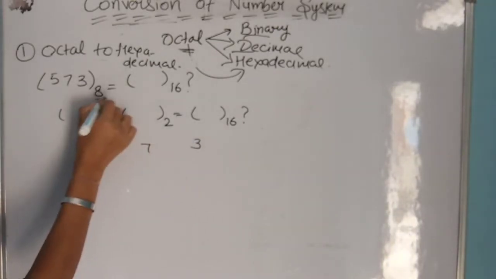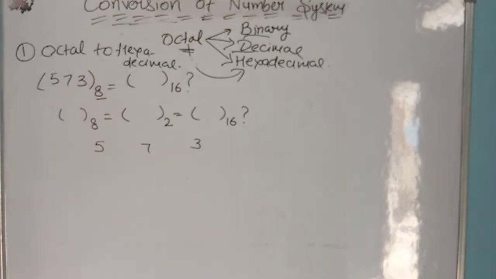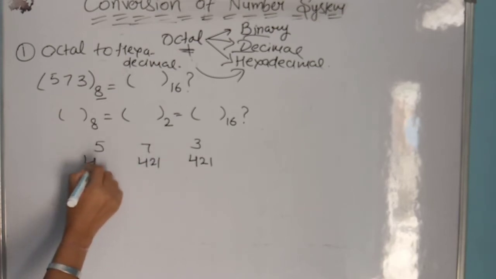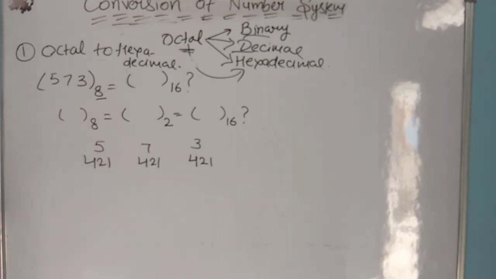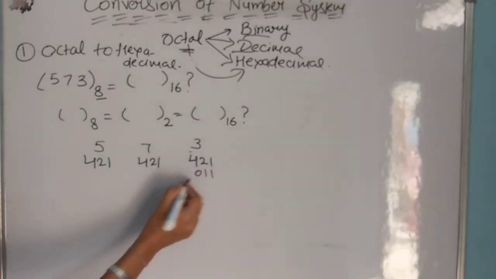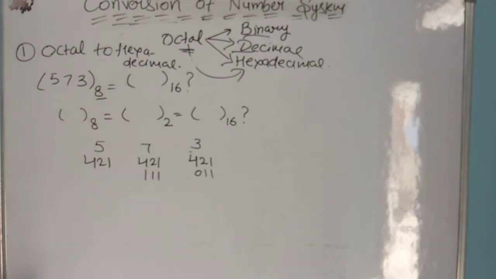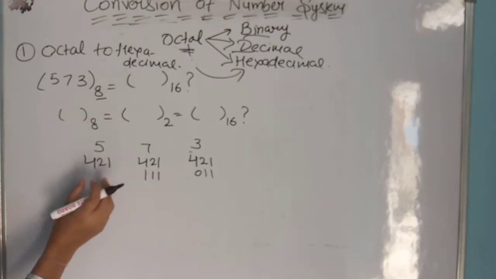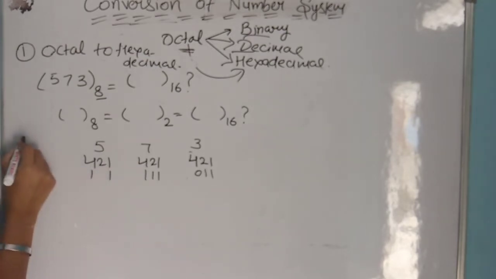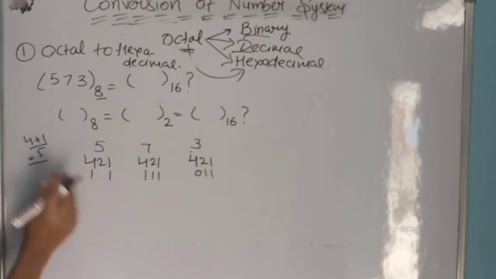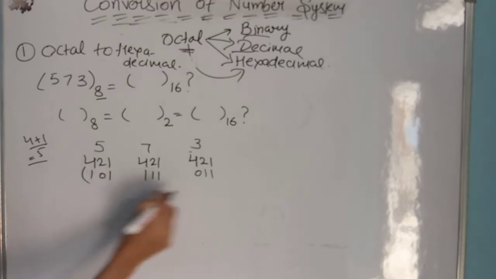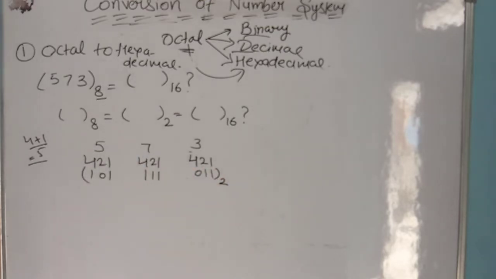573. This is an octal number, so we use only a 3-digit code, and that code is 421. 421 is used for each digit. Okay, so now make the combinations. The best combination for 3 is 1 and 2, so we turn on these 2 bits. For 7 all bits are on, and for 5 we have 2 bits on, 4 and 1, because 4 plus 1 is equal to 5. So we turn on only 2 bits, 4 and 1, and the rest bit is 0. So now this is a binary number.